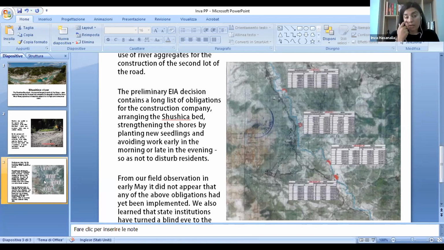We saw it in the field because we went there to make observations of the works, and we talked with the people who live nearby, and they said that the company is totally destroying the river. They are taking inerts only from one point, which is destroying habitats and the plants and everything else. We tried to contact the company